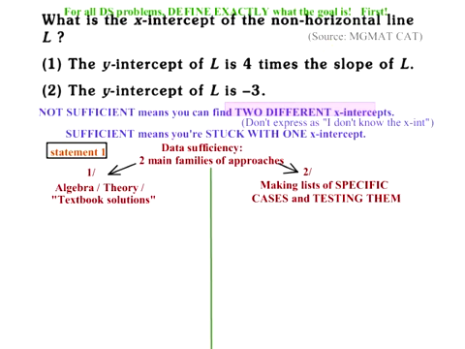When we talk about theory with coordinate geometry type stuff, we're generally referring to one of two things, which means either your algebra type approach or just trying to visualize. And you can mix and match those. If you take an algebra approach to statement 1, it doesn't mean you have to take one to statement 2. So for coordinate geometry,